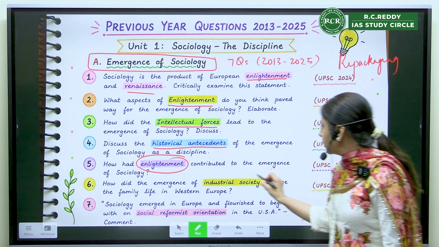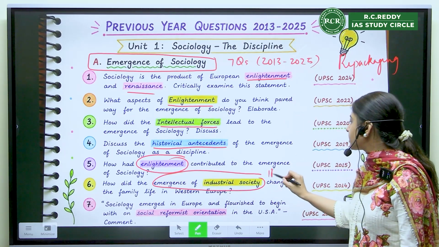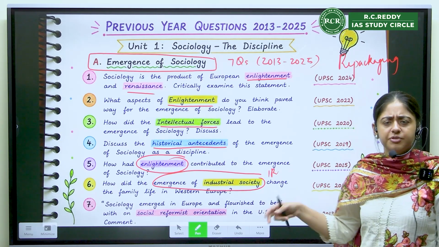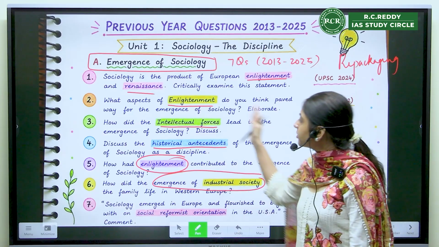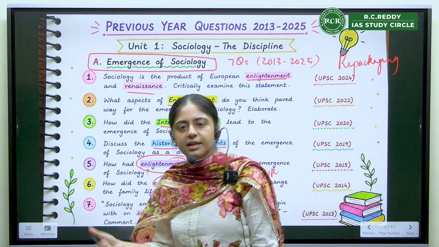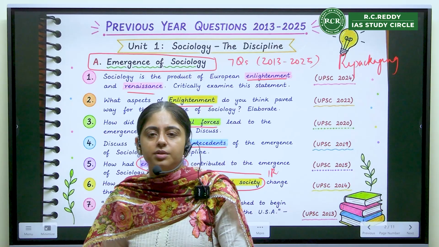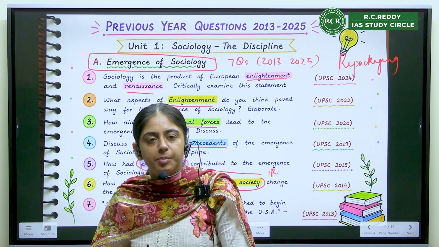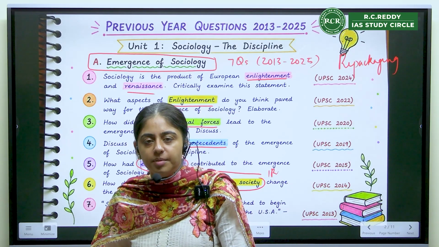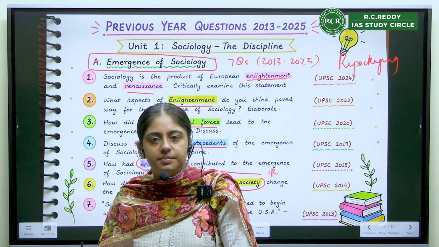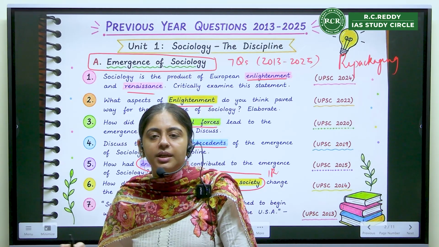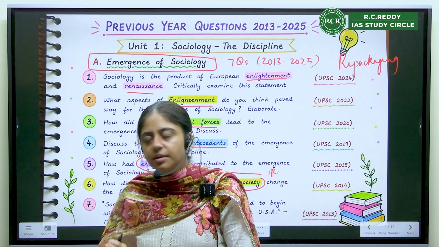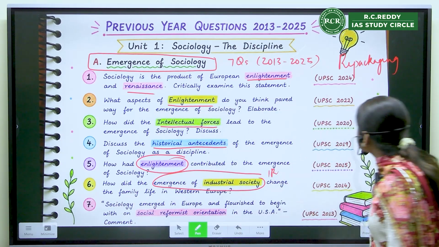Right? Then emergence of industrial society, industrial revolution we'll talk about, right? Then this one question was a little different, we'll discuss this, right? So if you see here, it's around Enlightenment, Renaissance, Industrial Revolution, French Revolution, which are the basic events which happened in Europe, which brought about change in Europe, which changed the entire society. Now, this changed society needed a discipline, and that discipline came to be sociology, right? Okay, so now let's just see